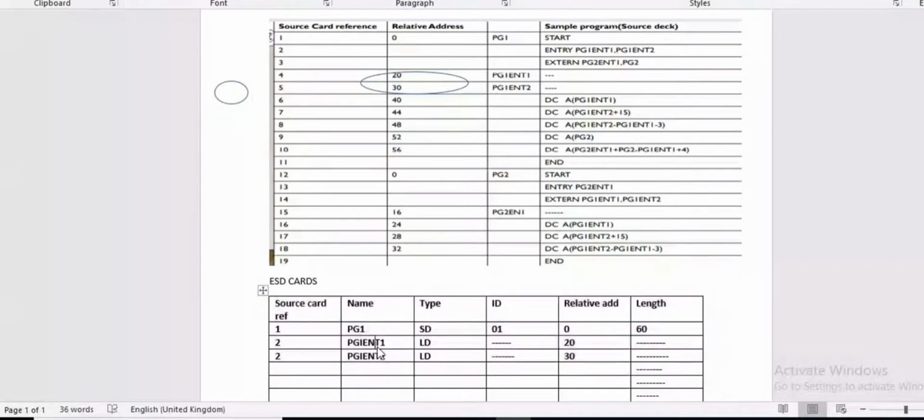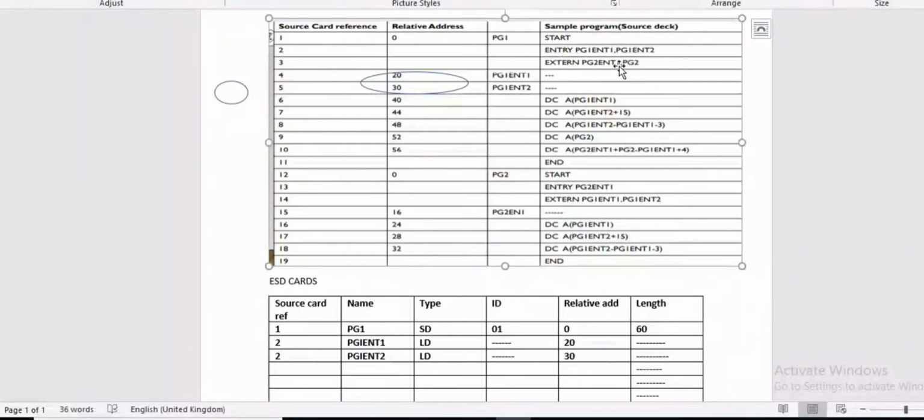Yes. Okay. After this second line, we are moving towards this third line. Third line contains the extern PG2ENT1 and PG2. These are of type extern. So its type is ER.